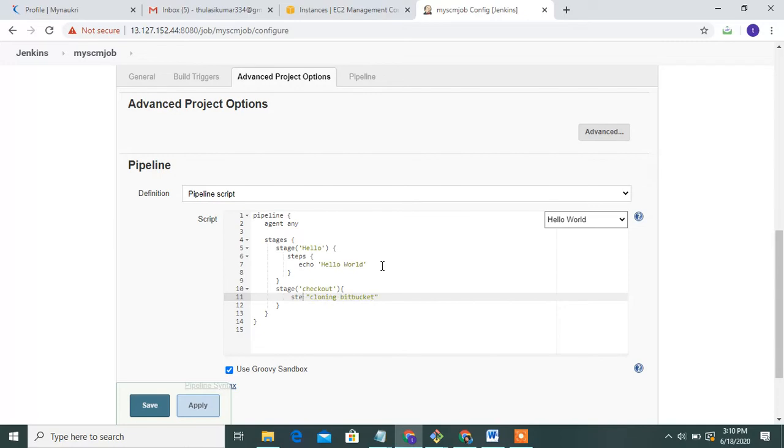Sorry guys, this is an echo on the stage. Write the steps.